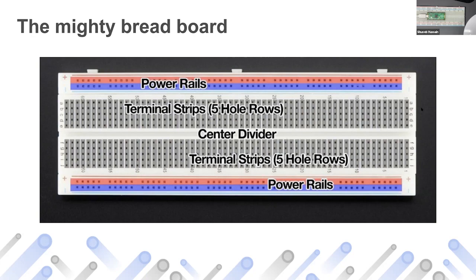However, there are two different sets of rows in between. These are connected like columns. For example, if I connect something here, the connection will go right through here. So it becomes very easy for us to make connections very quickly. I'll show you how we'll be using it. I've used a software called Fritzing to show you some circuits, like a photo of how it should look. So it's super easy to use.